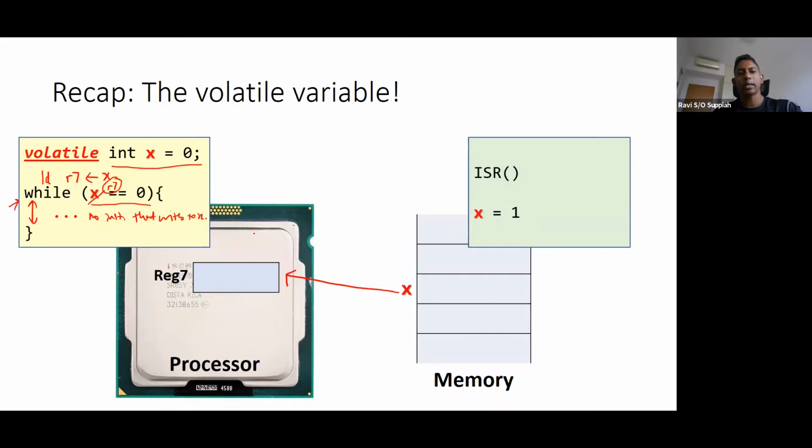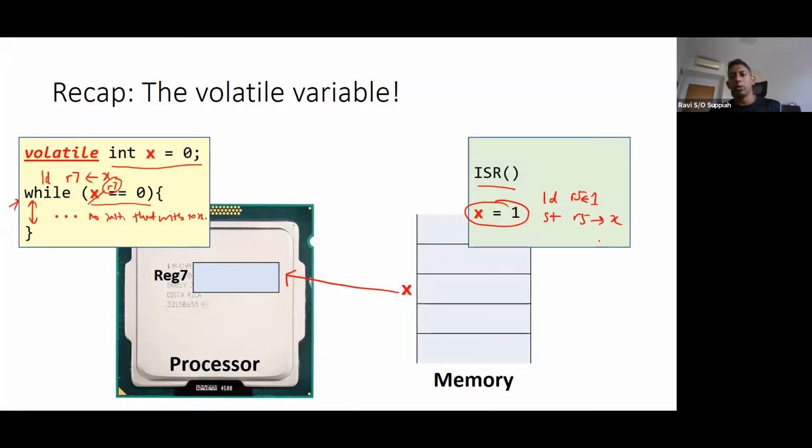But what it does not realize is that there is actually an interrupt that is writing to x. When this instruction is executed, technically I will load 1 into a register, maybe R5, and then store R5 into x.